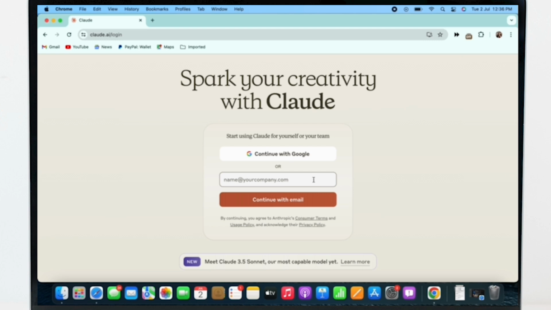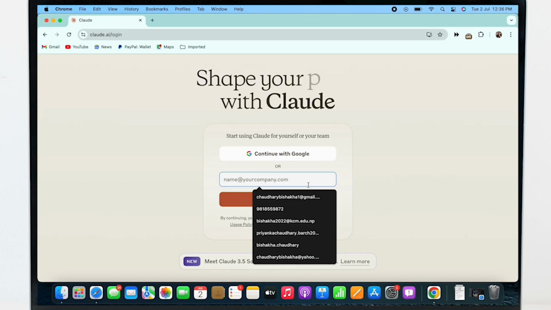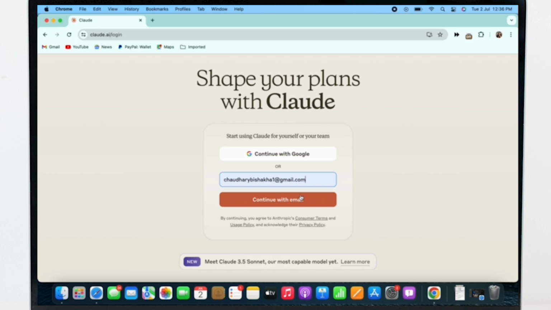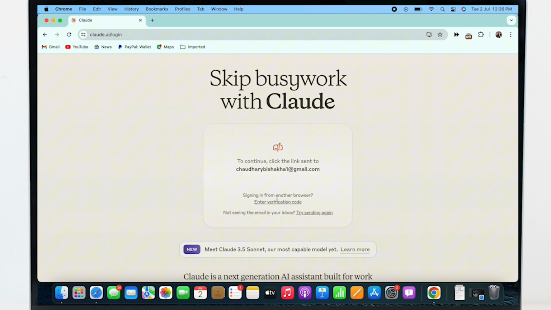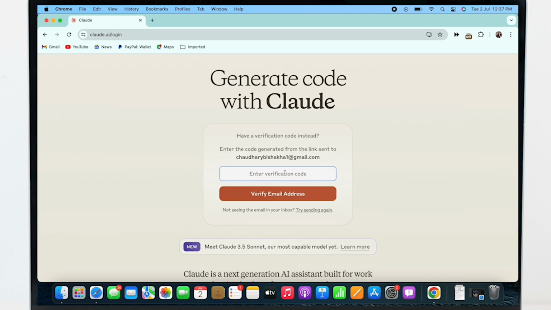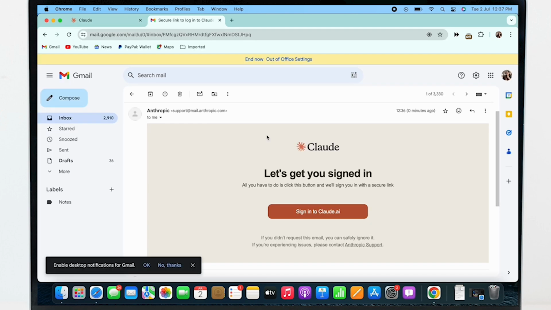I will sign up using my email address. So, if you are signing up with email address too, then go ahead and enter your email address in the text box you see there and tap on Continue with Email button. Claude will now send you the verification code in the email address you entered. So, go ahead and open your mail from Claude and then tap on the Sign In to Claude AI option